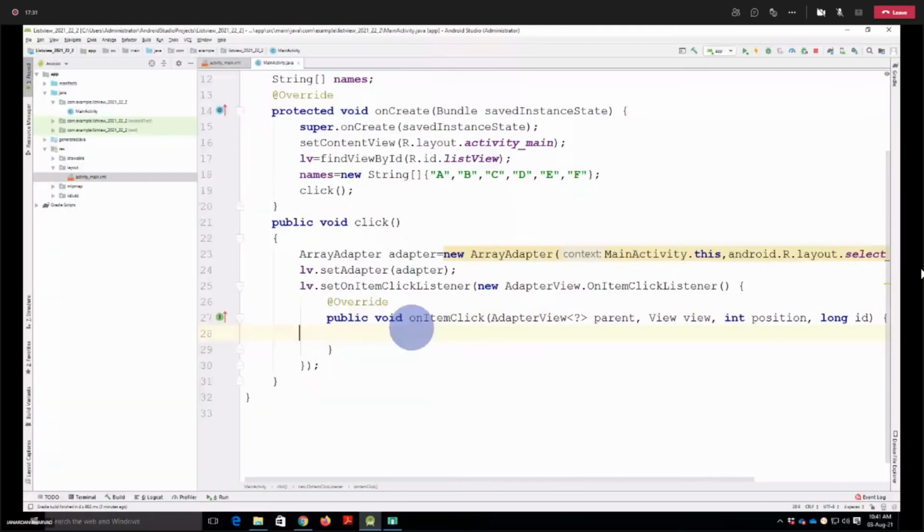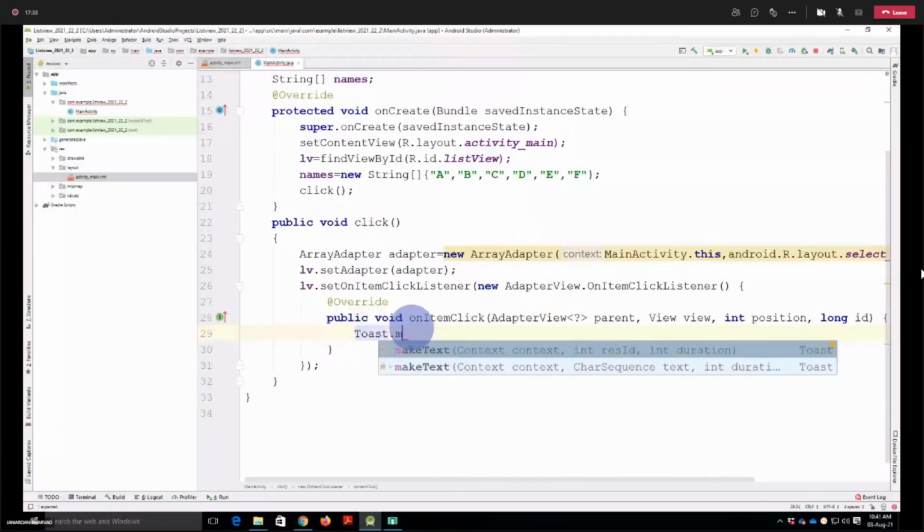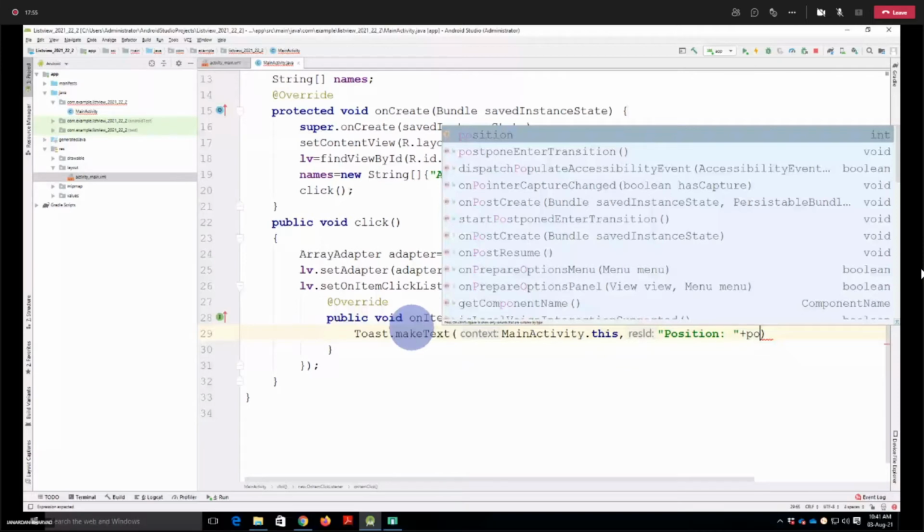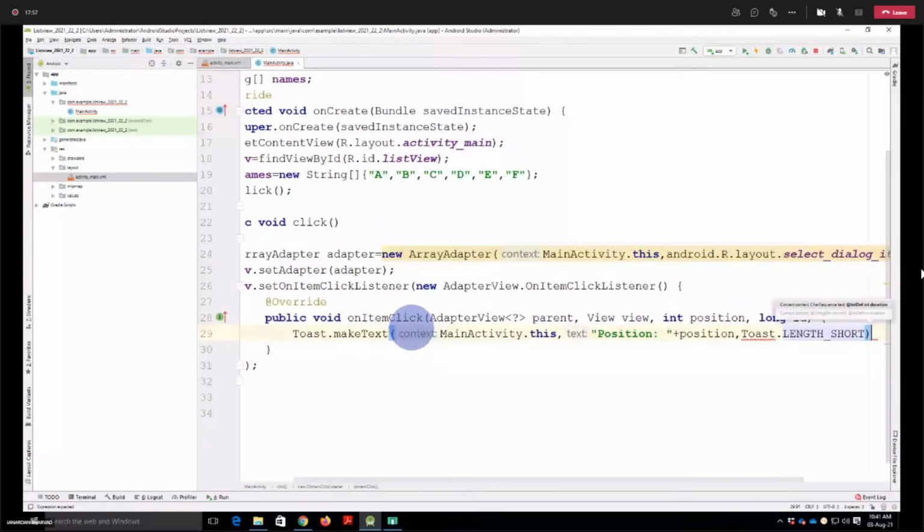So I'm printing this in a toast using toast messages. I'm just printing that variable here, and the last parameter is the duration, and don't forget to call the show method.